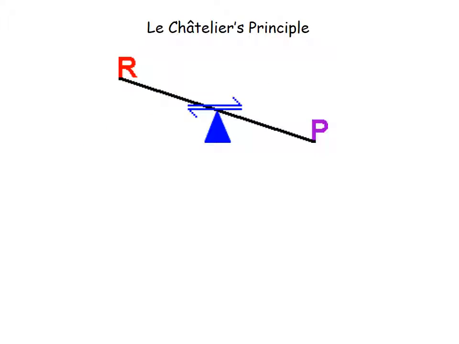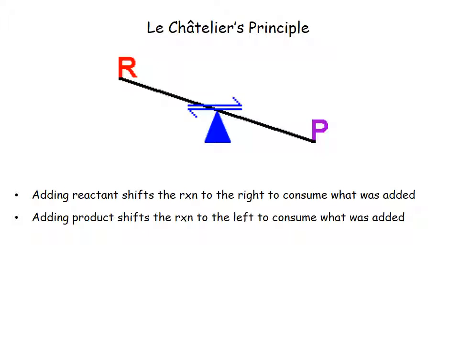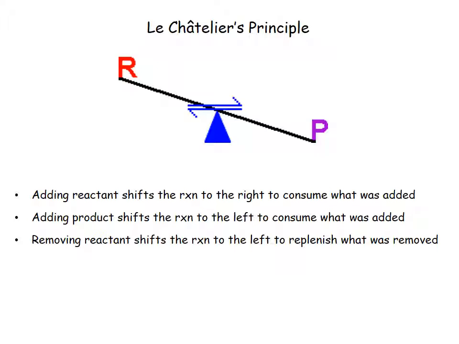So it's often shown this way as sort of a balance. Adding reactant will shift the reaction to the right to consume what you added. If you add product, that shifts the equilibrium to the left to consume what you added. If you remove reactant, that is going to shift the equilibrium to the left to replenish what you took away. Now it says remove reactant. Typically the way we remove reactants